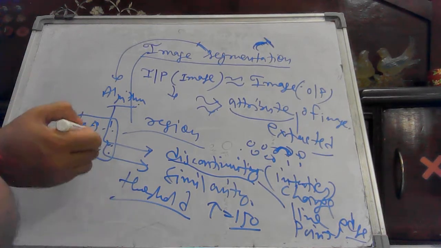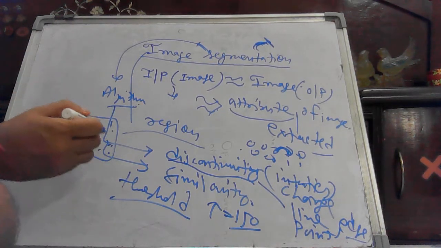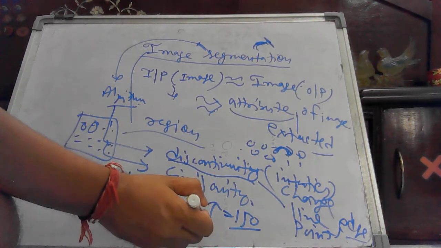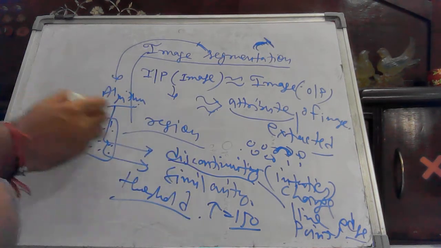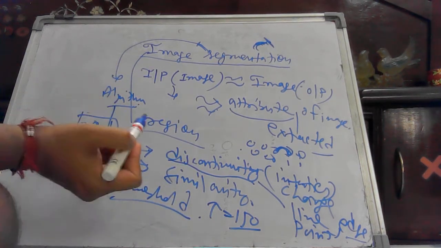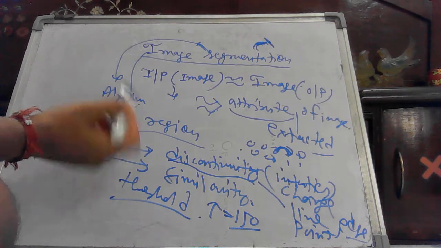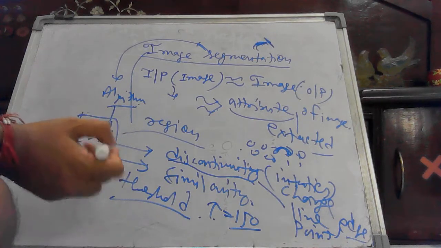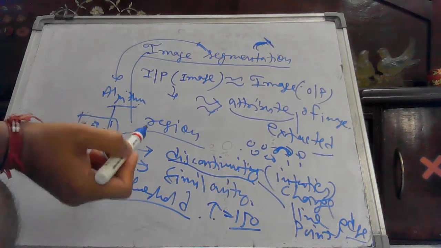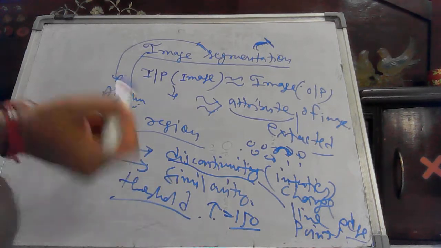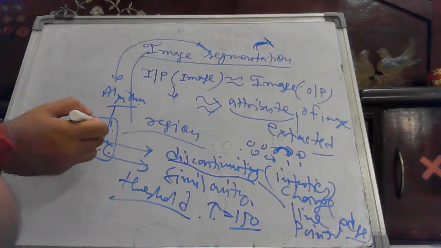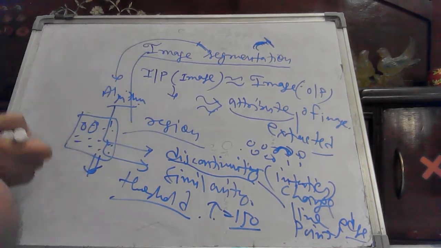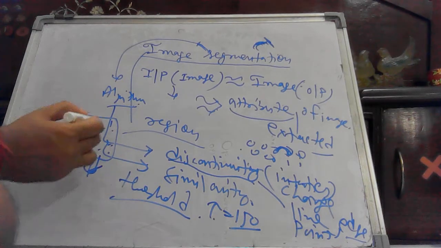So what I have done is change my image based on my threshold value. I have taken one criterion, the threshold, and extracted an attribute from my original image, and now my image will be represented like this. Whenever the value is greater than 150, it is represented as 1, and wherever it is less than 150, it is represented as 0. In this way, you are getting an image attribute out of your original image, and that is representing some kind of similarity.